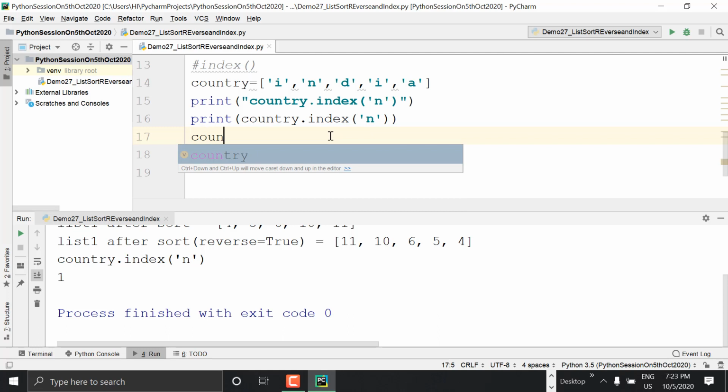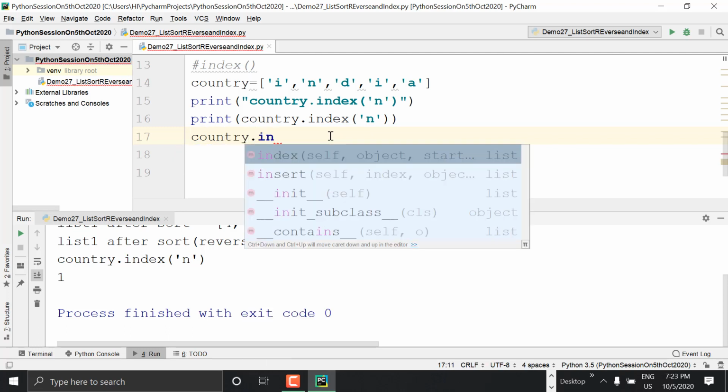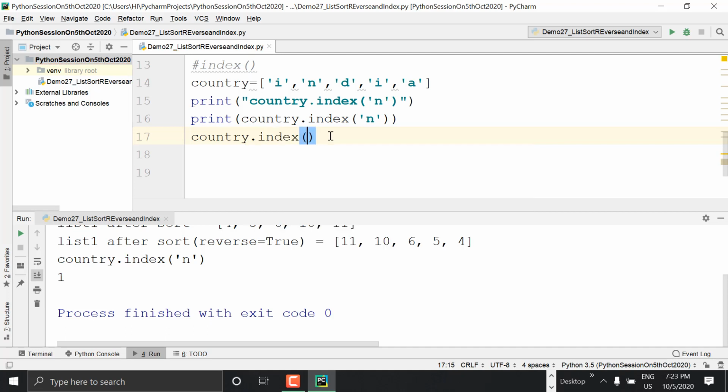I want to search from 0, 1, 2 to 4. So 2, comma 4. Like this we can get. Let's see these parameters first: the object, start and stop, and integer n.